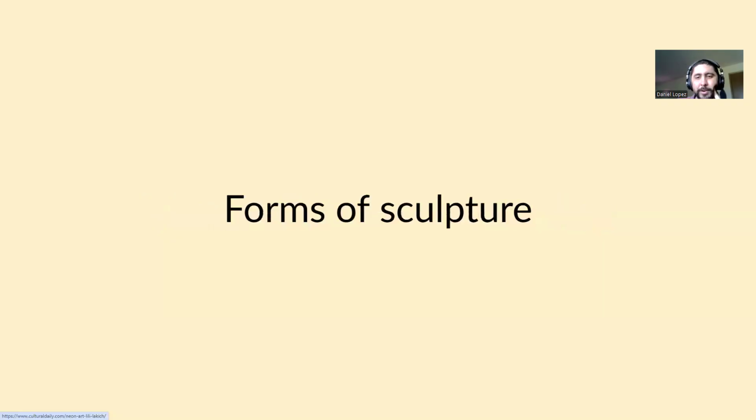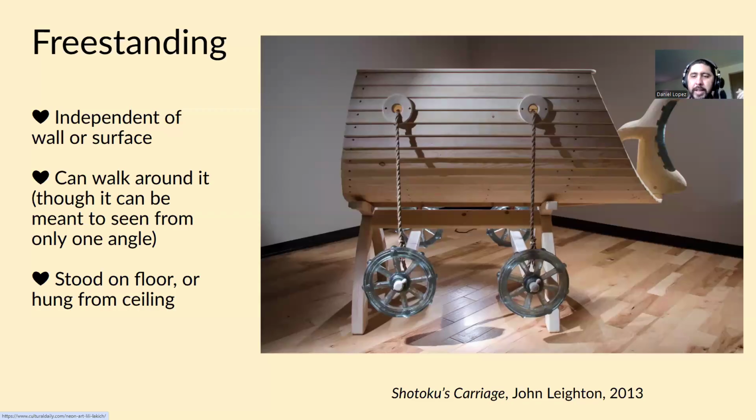All right, three-dimensional art. Forms of sculpture. First one is freestanding. Okay, so like it implies, freestanding stands on the ground. Or you could consider it to be coming from the ceiling as well, but most of the time we're talking about standing on the ground. Not always, but freestanding sculptures you can move around 360 degrees. Sometimes that's not the case, right? Like maybe this sculpture right here, you're not really meant to walk around it. You can, and I have, but